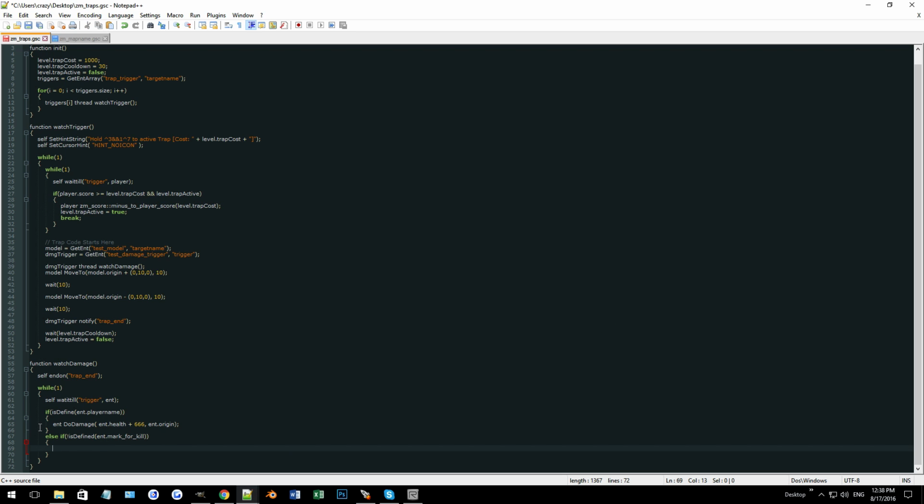So what we're going to do here is set up this variable on the entity, which is the zombie in this case, and we're going to do mark for kill. So when they come in here, ent.mark for kill is equal to true. Then that means the next time it comes through and sees this same entity, it's going to see that it's defined and it's not going to do it again. So then what we can do now is ent do damage, and the same idea, health